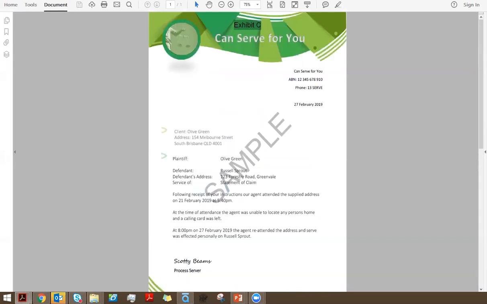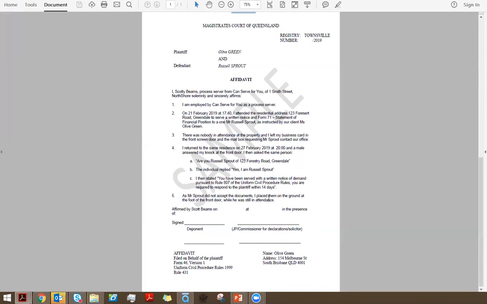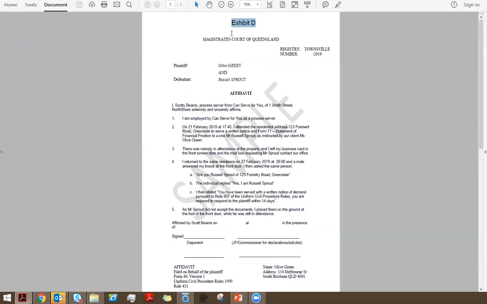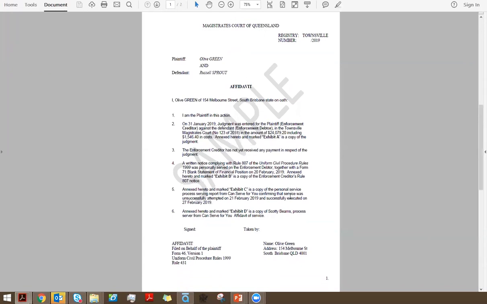Continuing on to Exhibit C, again, it's clearly marked, and that's referred to in the affidavit, so I'd be happy with that. And then the final exhibit, yep, Olive has that as well. And you may say, well, hang on, it hasn't been signed, but that's okay because it is still an exhibit. Okay, remembering it's up to a court of law to decide whether or not to accept that exhibit. So I'm happy that Olive has provided all those exhibits.